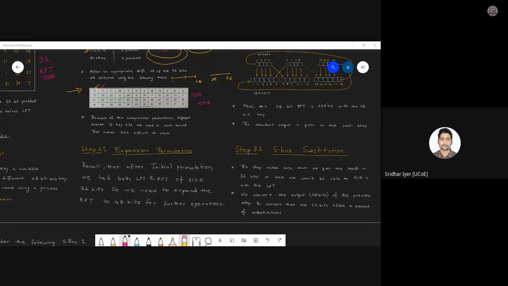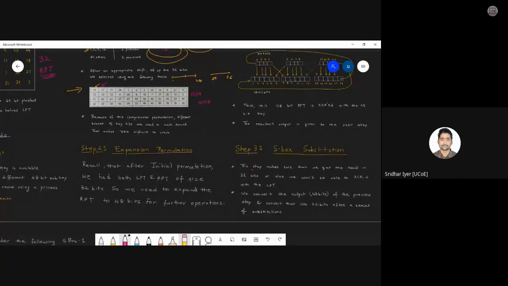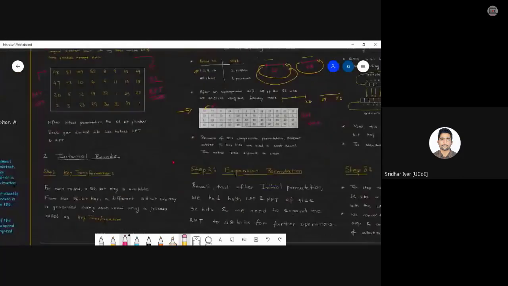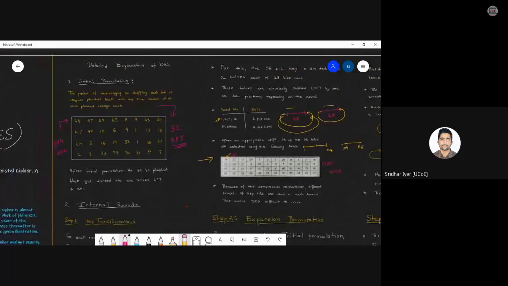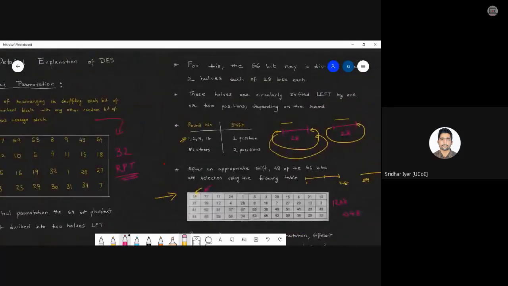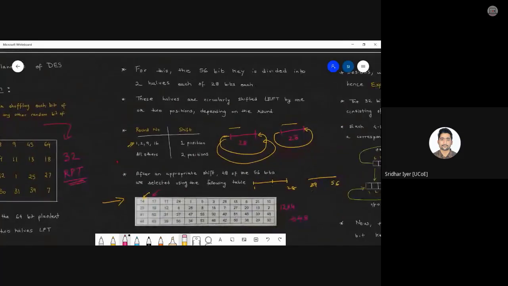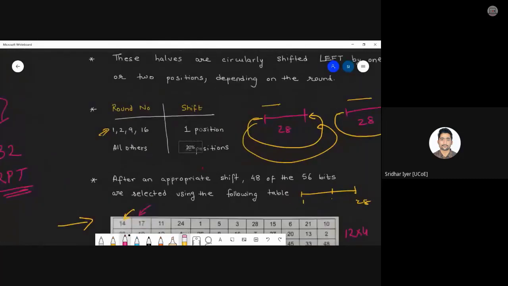48. Okay. So basically, what is happening over here is we are having the 56-bit key, and we want to make sure that whatever result we are getting is of 48 bits, right? It is according to a standard. So we are dividing the 56-bit key into two halves of 28 bits each, and depending upon the round number, we are shifting both the 28-bit halves. If the round number is 1, 2, 9, or 16, we are circularly left shifting it by one position. If it is any other round number, then we are shifting it by two positions, and after that we will get two halves of 28 bits each.